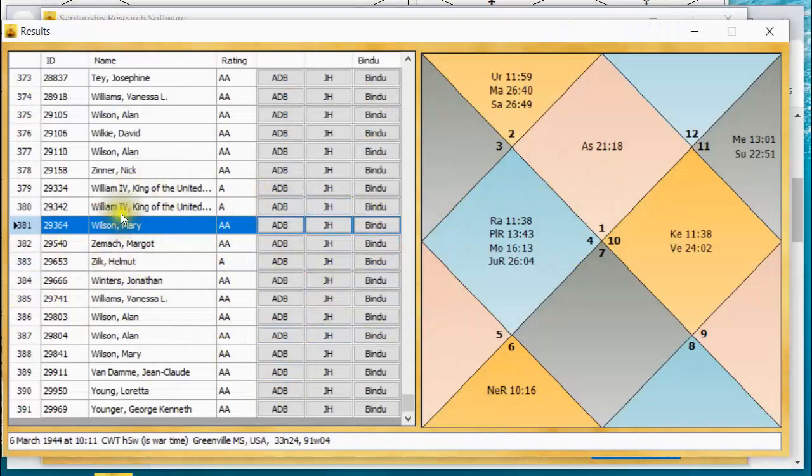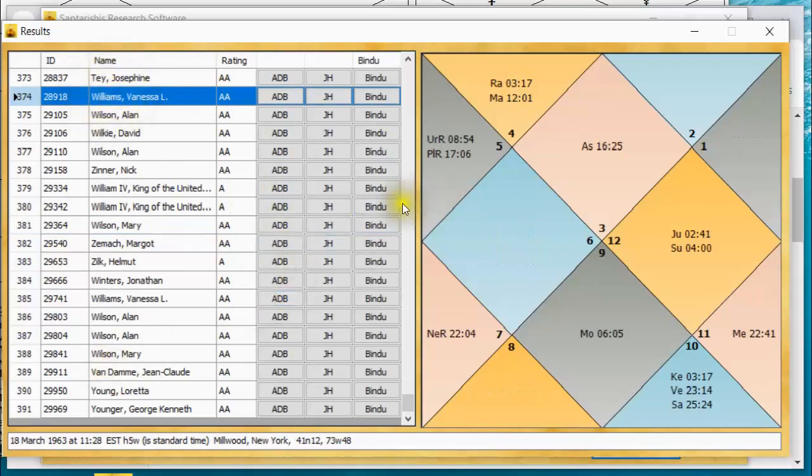So I might use her in my case study because this is the sort of thing I may be looking for. Oh, Vanessa Williams. I recognize that name as well. She was a Miss America, if not more, who later went on to have a sort of musical career. Did I think she was disqualified because she posed for Playboy? I don't know. But anyway, let's look at the horoscope. Does she indeed have a Kesari yoga, and a strong one? Well, here's the moon in the 7th. Jupiter's in the 10th, and significantly, Jupiter, as I requested, is strong because it's in its own sign, Pisces. So again, I'm liking what I'm seeing so far.